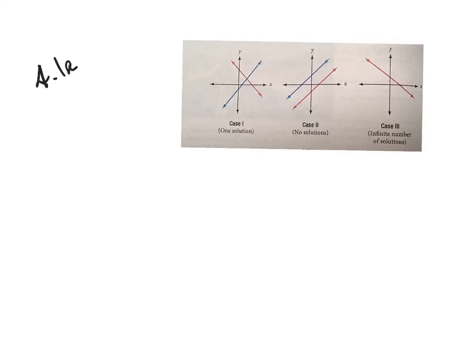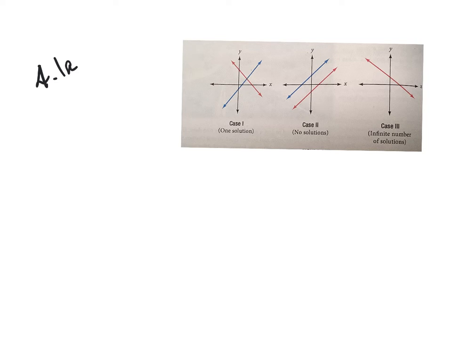So here we are, chapter 4, 4.1a, and the name of this chapter is Systems of Linear Equations in Two Variables. So we have been doing some things in two variables. We have been graphing things like